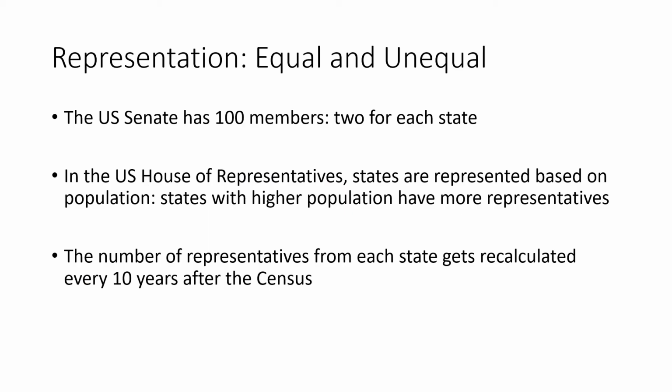So in the US Senate, we have 100 members, and that's 2 for each of the 50 states. But in the House of Representatives, states are represented based on population. States with higher population have more representatives, and states with lower population have fewer representatives. And the number of representatives gets recalculated every 10 years after the census that counts how many people live in